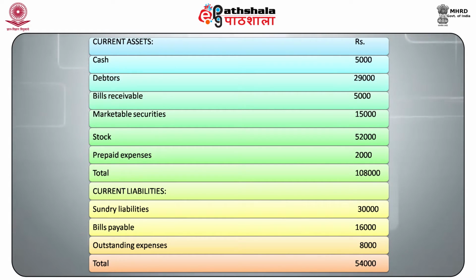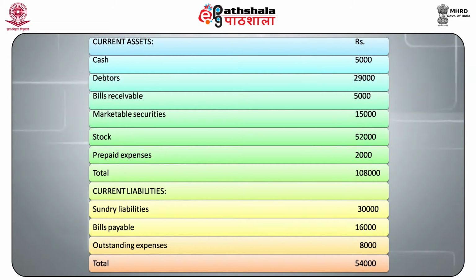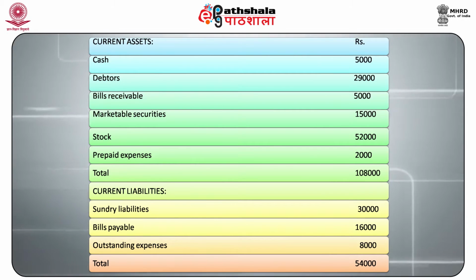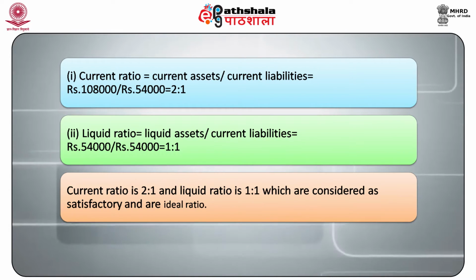The total is 1,08,000. The current liabilities are sundry liabilities at 30,000, bills payable at 16,000, outstanding expenses at 8,000. The total is 54,000. We need to calculate the current ratio and liquid ratio and comment on liquidity of the